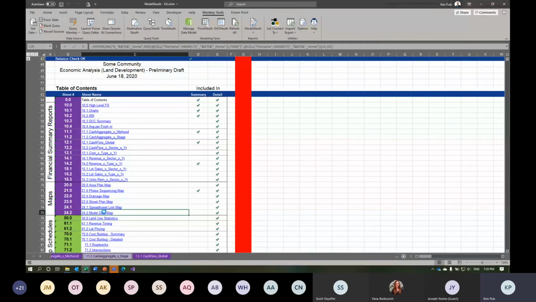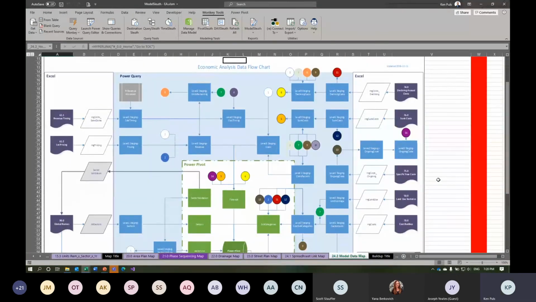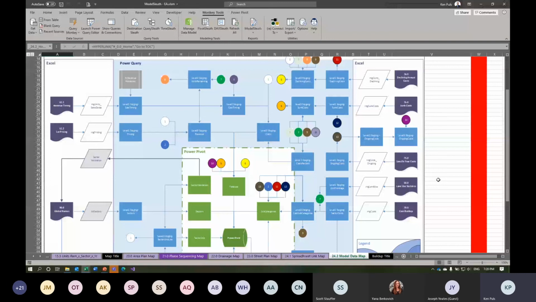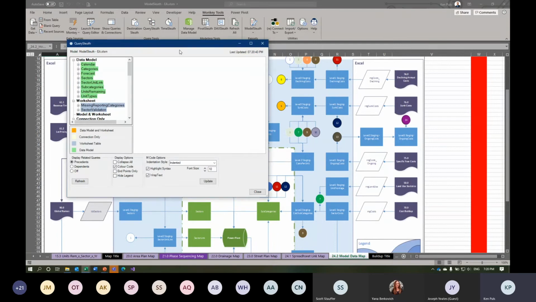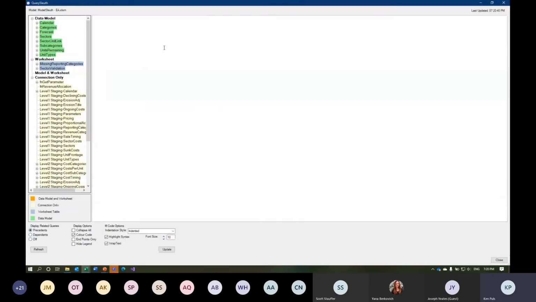The challenge that we had, though, I drew this map manually. This is my query interlinking map to try and figure out what was going on in case my client decided that they wanted to change one of the fundamental cornerstones. Every blue box is a query. Every off-page connector is linking to another query. The green boxes are the data model. This was ridiculously complex, and it is one of the main reasons why I started investing in building the Query Sleuth. Because, and I'm going to maximize this just for all of your incredible viewing pleasure here, you'll notice